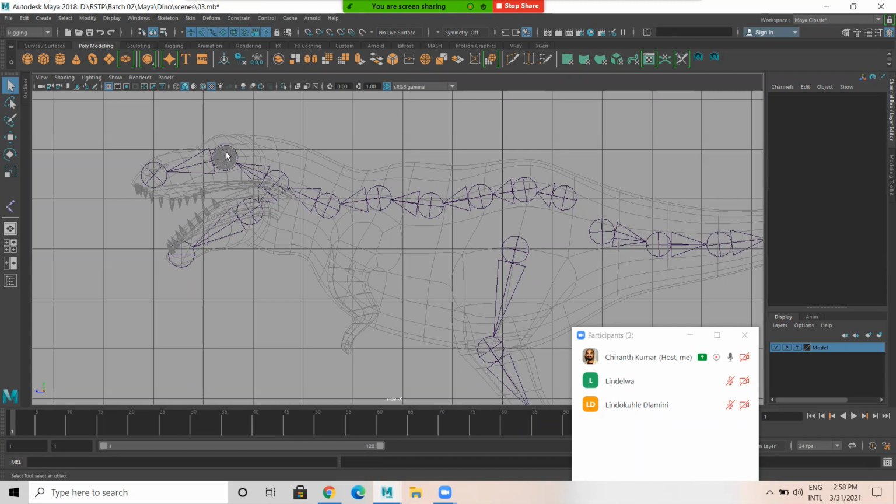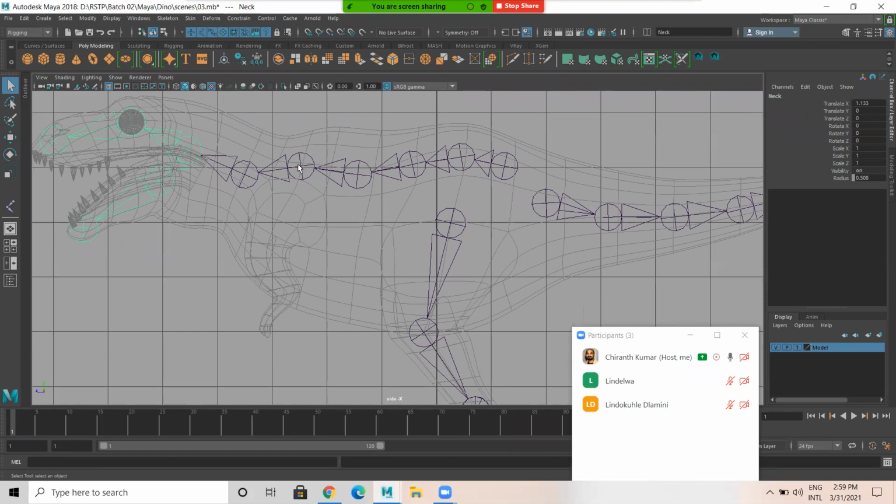Similarly, this one, it's I1 and I2. I2, I1, I2. Okay. So naming of this is done.